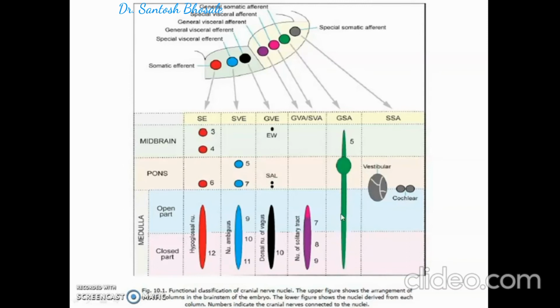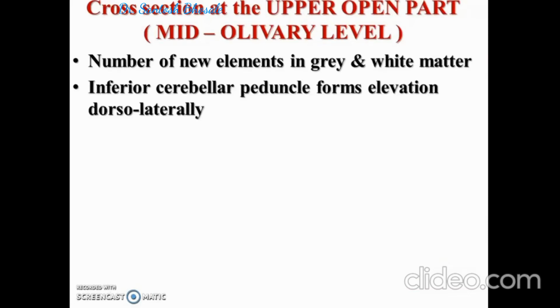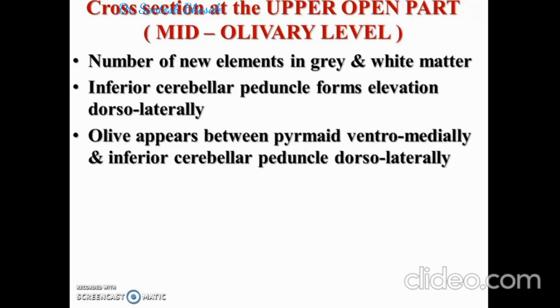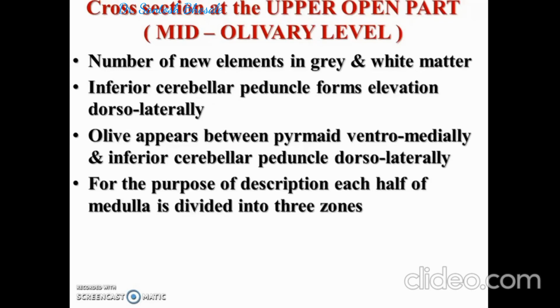Hypoglossal nucleus belongs to general somatic efferent, dorsal nucleus of vagus to the general visceral efferent and general visceral afferent, and spinal nucleus of trigeminal to the special visceral afferent. And you can see the cross section at the upper open part, mid-olivary level, with a number of new elements in the gray matter and white matter. The inferior cerebellar peduncle is there, and the olive appears here between the pyramid and inferior cerebellar